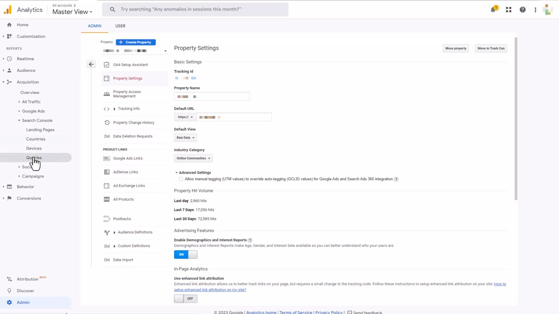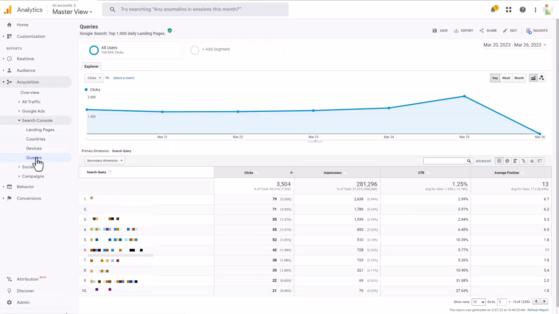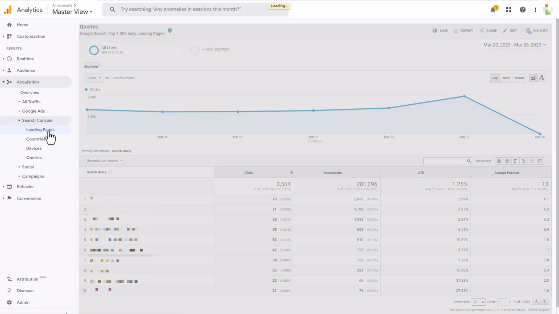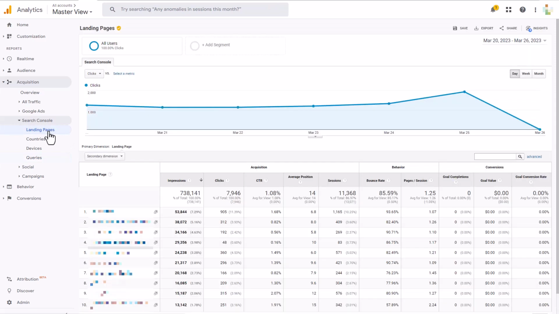But something that is very helpful here is to come over to the query section so that you can see a list here of all of the top queries that people are using to find your website. And you can also see the top landing pages. And these are all the primary pages that are driving the most traffic to your website. So this is where you will start to be able to see your Google Search Console data right inside your